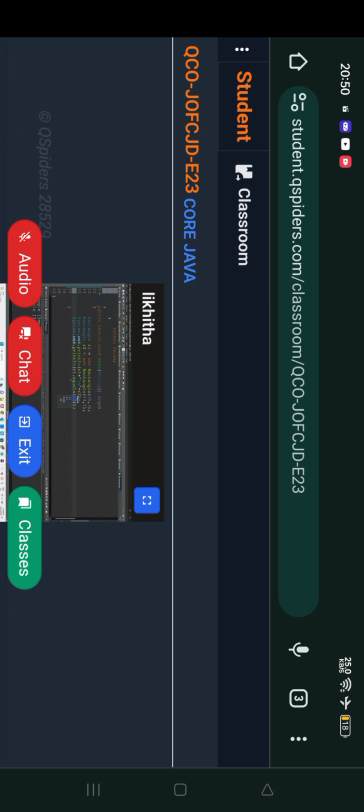Now r1.equals(r2). If you execute, you'll be getting false. Why? Because the data is different. Data is different, so only you are getting false. But if I create one more rectangle object with the same data,